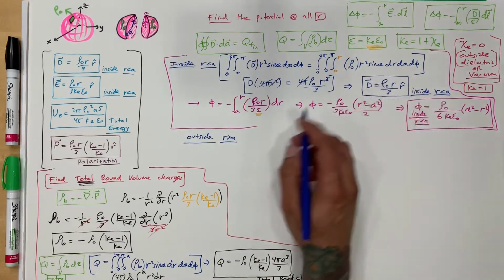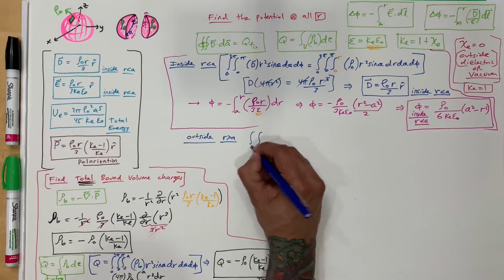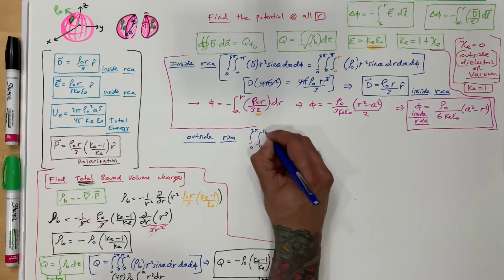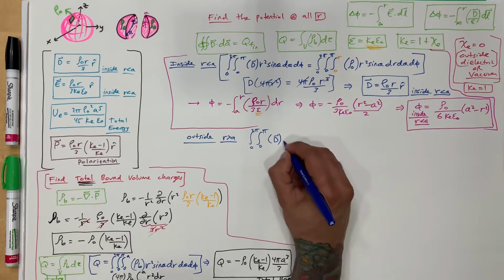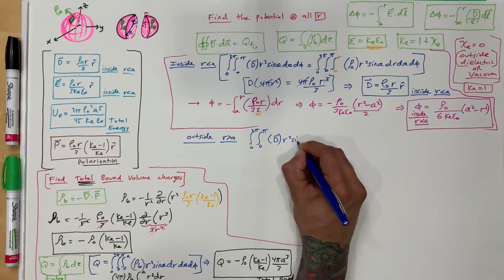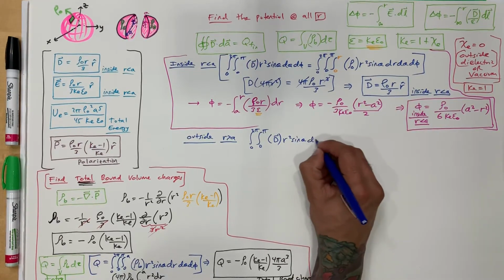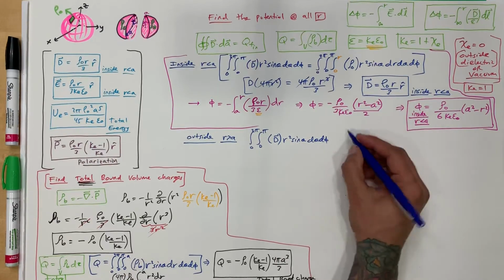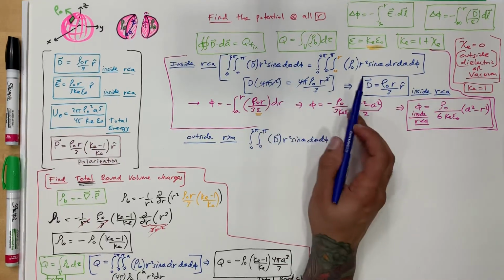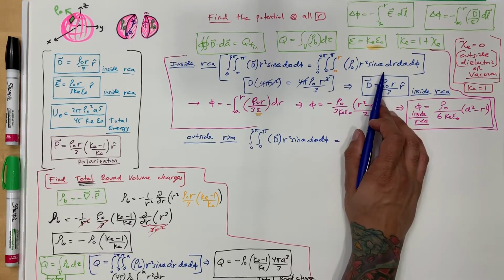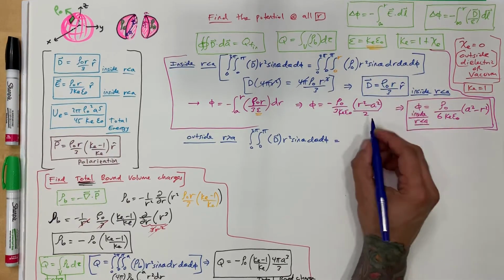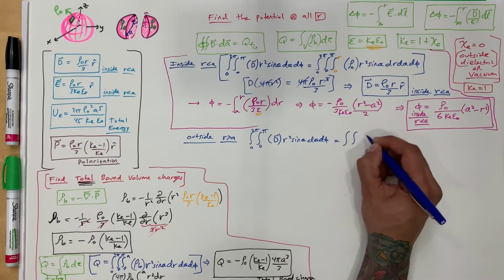We're going to use Gauss's law again. So we're going to have two integrals, 0 to 2 pi, 0 to pi. We got D, and then we got the Jacobian, d theta d phi, equals, now we're going to do the charge free enclosed, and the only thing that's going to change is the most important thing,